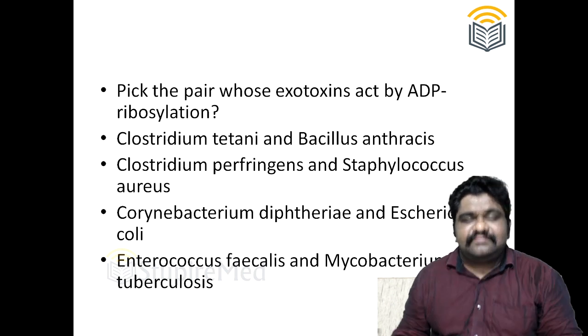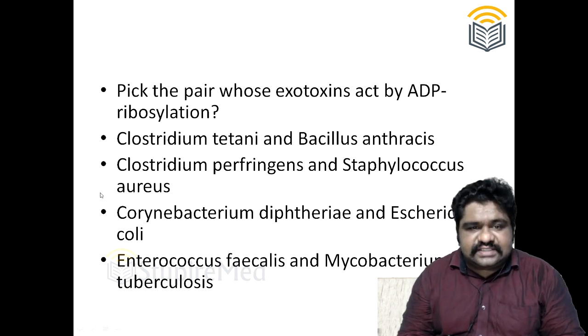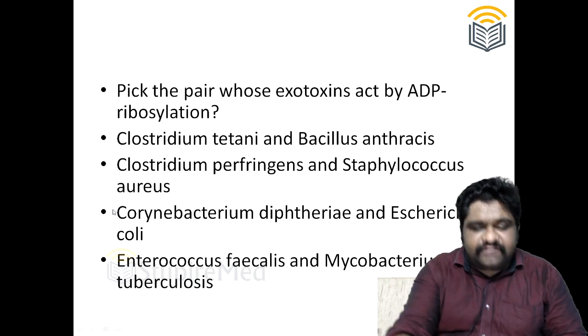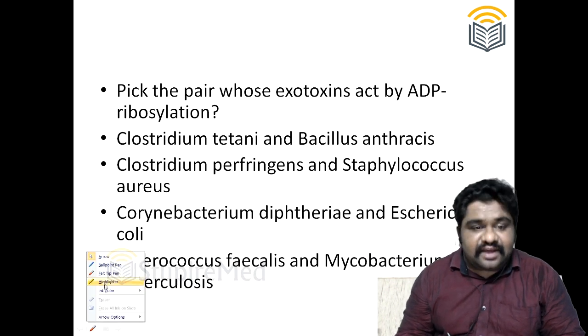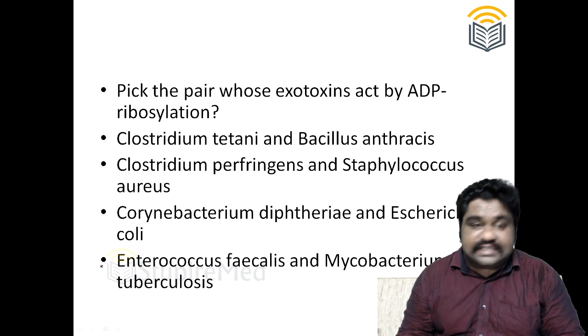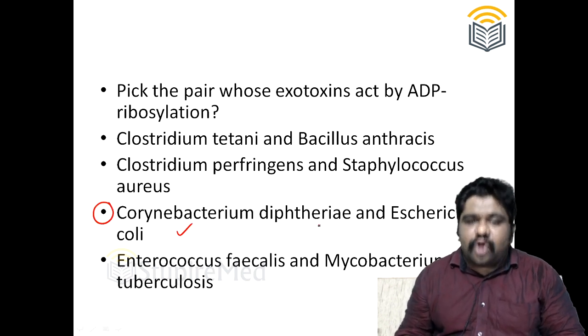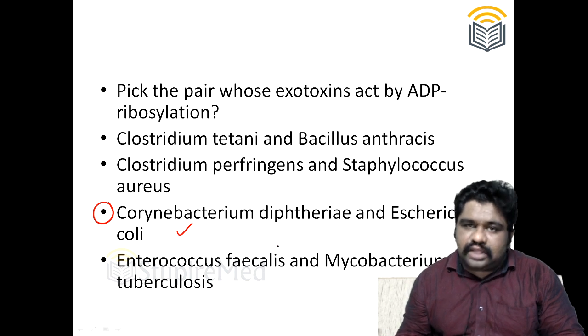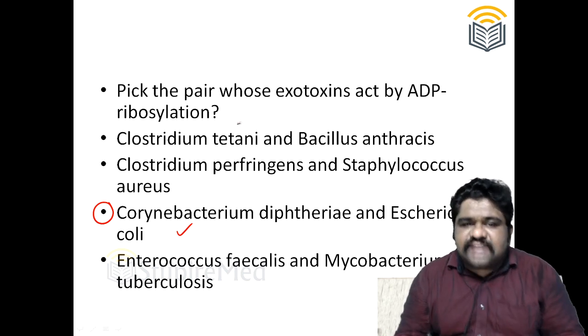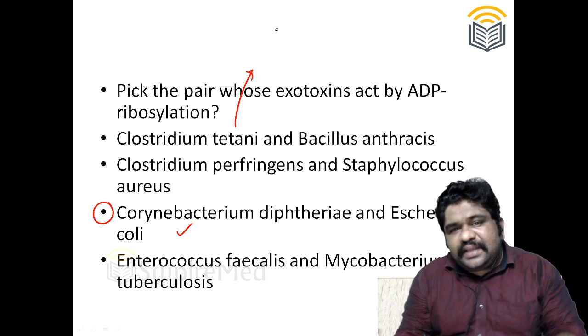tuberculosis. The second response is the wrong answer. The first response is slightly a wrong answer. The third response is a very wrong answer. The right answer would be option C, Corynebacterium diphtheriae and Escherichia coli. I'll explain how. If I start with Clostridium tetani, the two major toxins are